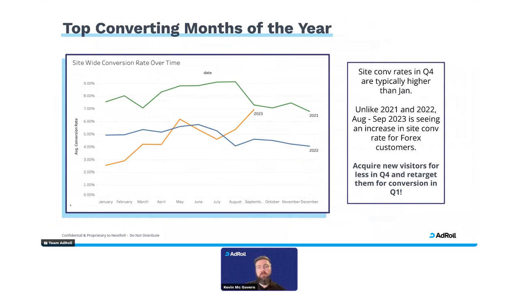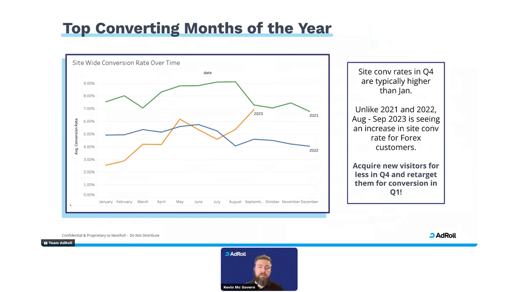We also need to balance that with knowledge of your top converting months throughout the year. This insight offers an opportunity to strategically intensify ad placements during those high converting periods or months. It's about capitalizing on these high conversion months to effectively attract new traders and drive more deposits